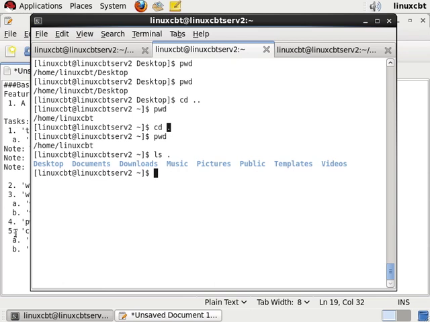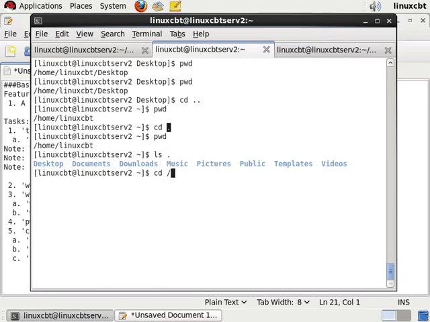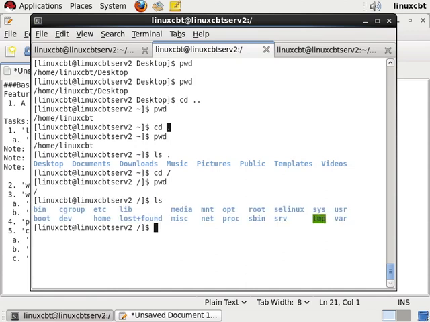So cd is important as it allows us to move around the tree. You can also specify the absolute symbol, so cd / and then a path to move absolutely throughout the tree. So it moves using absolute path, which means from the root of the file system. So cd / puts us at the root of the file system. pwd confirms that. ls shows us the contents of the root of the file system. And cd /home/Linux CBT returns us to our home directory, which brings up a couple of other